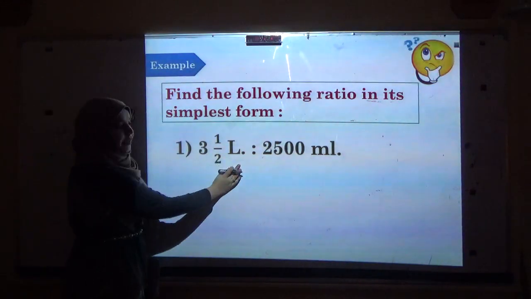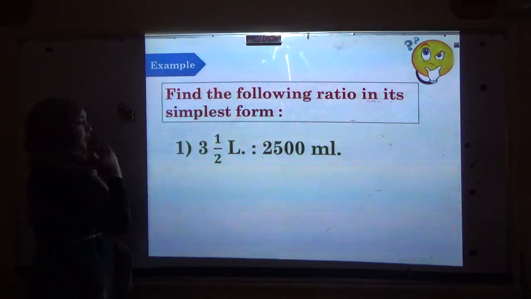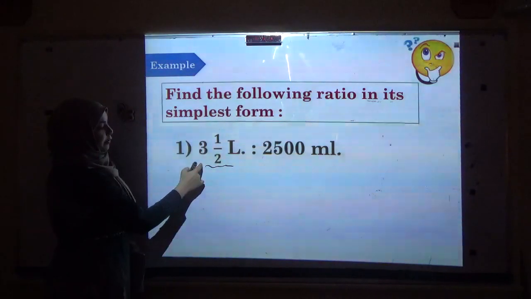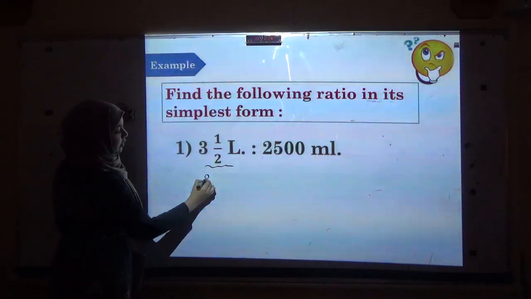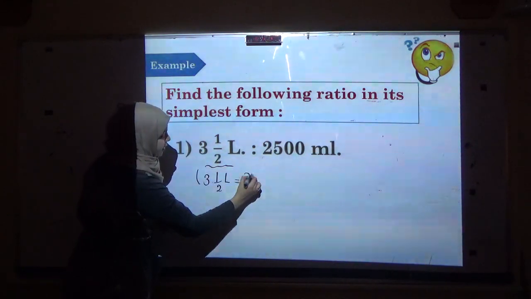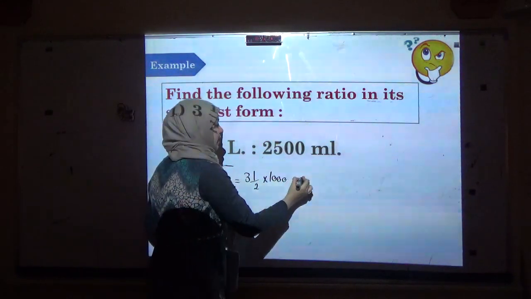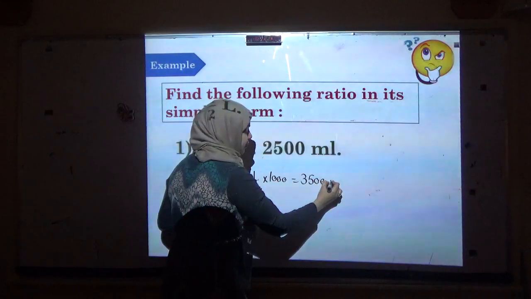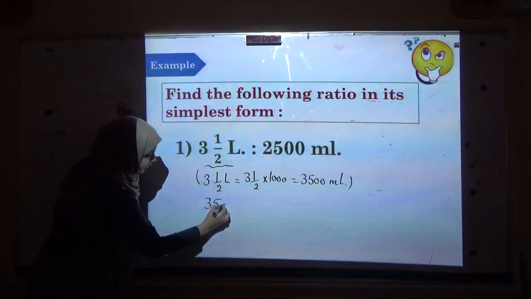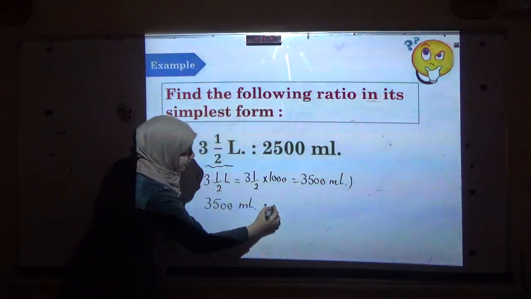Simplify 3.5 liter to 2500 milliliter. We will convert liter to milliliter by multiplying 3.5 by 1000. So 3.5 liter equals 3.5 multiplied by 1000, which equals 3500 milliliter. So 3500 milliliter to 2500